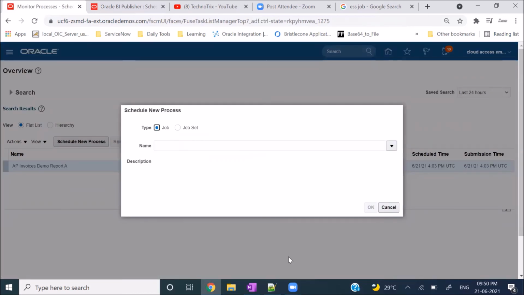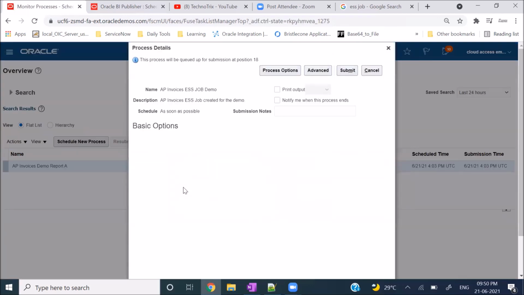So here, as of now, we have created this job. I'll show you how we can search for it also. Let's say just a percentage icon and click on the tab button. Just after clicking on the tab button, you can see the name itself came, AP Invoices ESS job demo. And in the description, whatever description we have provided, that also came here. So let's click on OK.